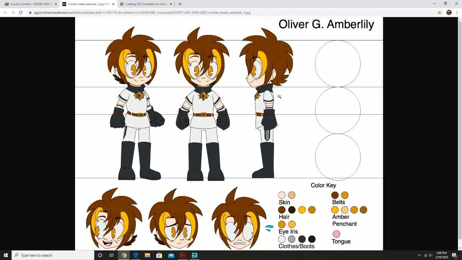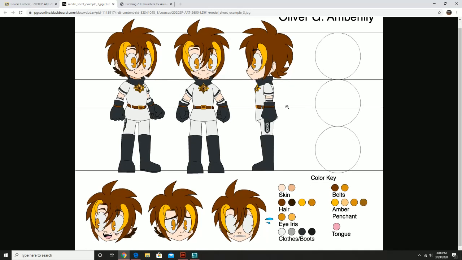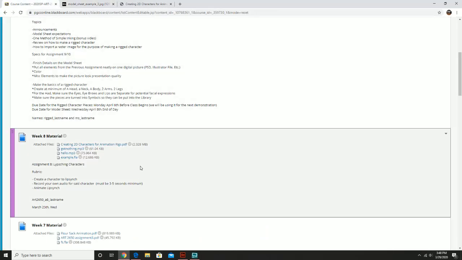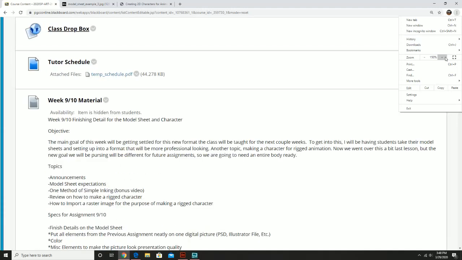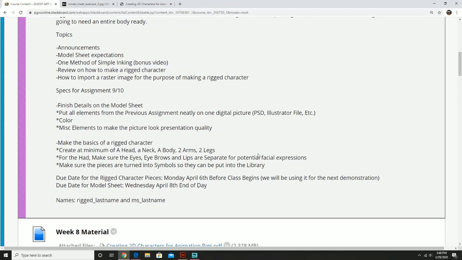So if you have something around the ballpark of what you're seeing here, it'll be potentially A quality. If you go further than that, you potentially can get perfect quality. So that's for the model sheet. Now, for the rig character, I'll just zoom in a little bit over here. What I'm looking for here is to create a minimum of a head, a neck, a body, 2 arms, and